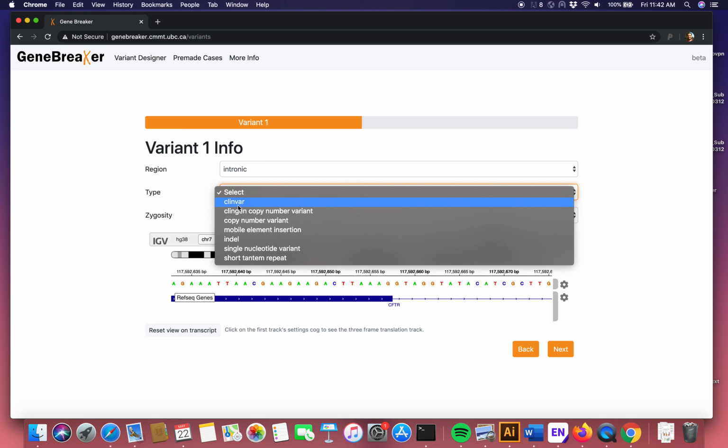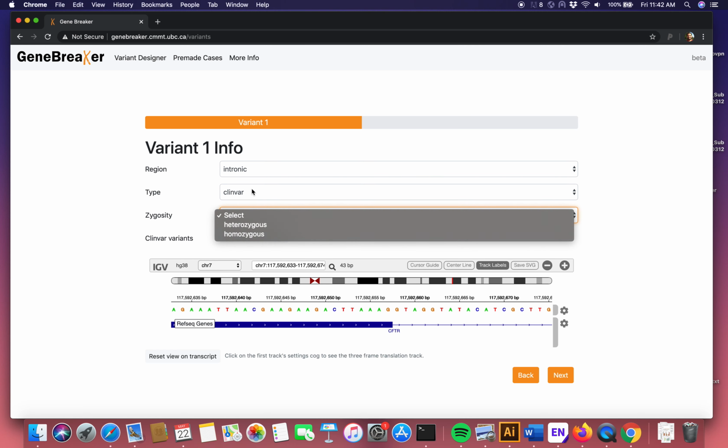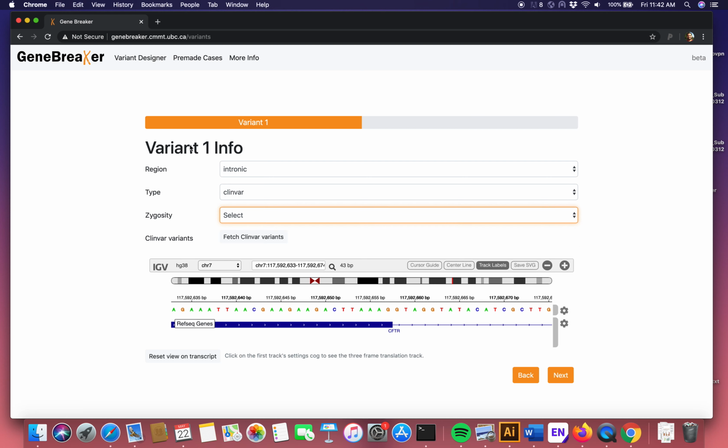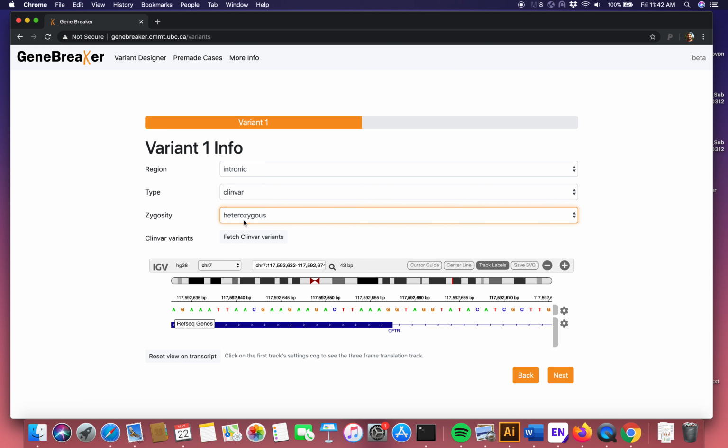Now I'm going to go ahead and start by using ClinVar. We want to insert a known pathogenic intronic variant as the first variant within this design. So I can choose heterozygous or homozygous. This is a recessive trait, so if I was only designing one variant and I wanted it to affect both alleles, I would need it to be homozygous. But as it's just affecting one allele, I'm going to use heterozygous,